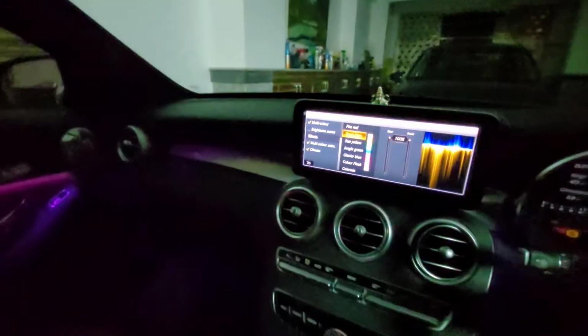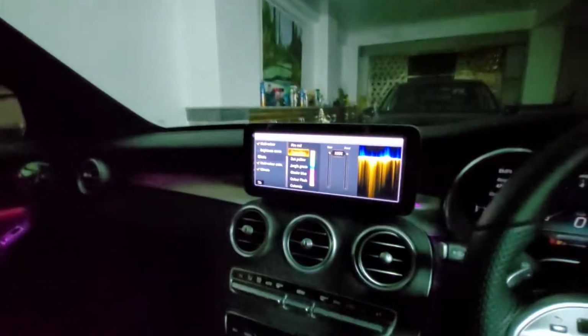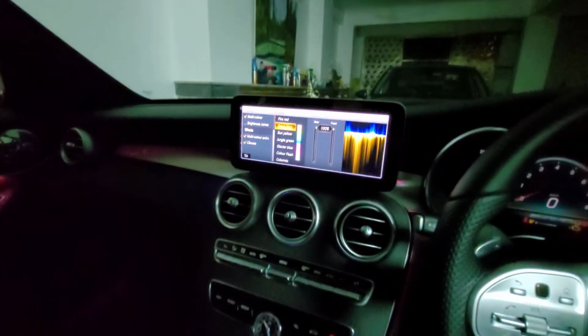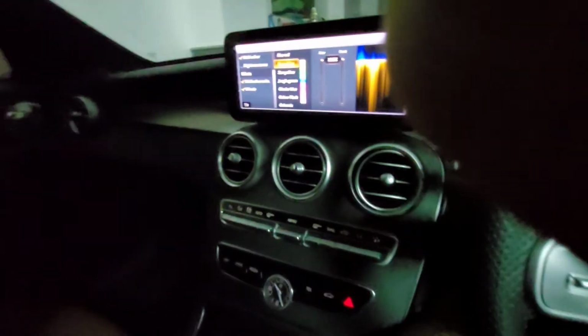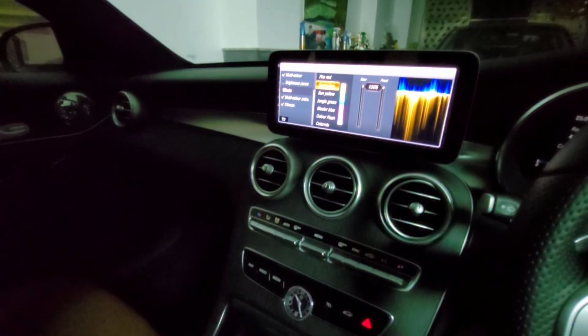We can do the coding, and if you do the coding, this particular light, if you see properly, if you press this, the lights switch off. Okay, the ambient lights completely switch off. So it's coded to your C300D in a proper way, which I want to tell.